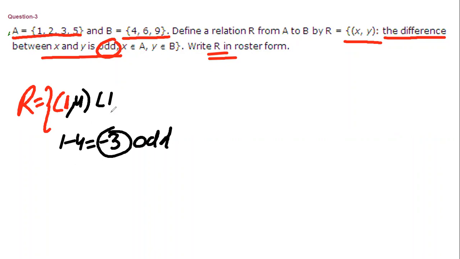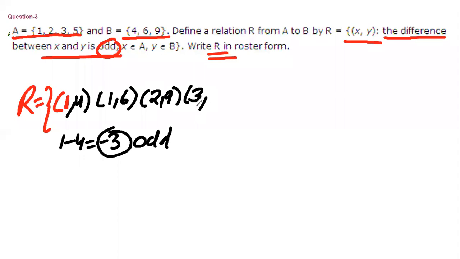Next, 1 with 6. So, very good. 1 with 9 आएगा? No, ma'am. 1, 9 will not come because 1, 9 के साथ क्या हो जाएगा? ये even हो जाएगा. Next, 2 with 4? 9. No, 2 के साथ 9 है. Yeah, 2, 9. Very good. Answer is 2, 9.